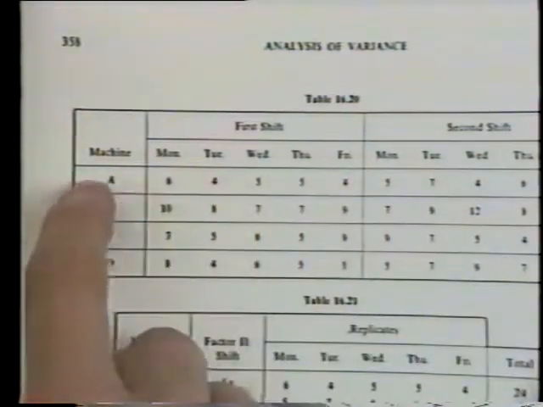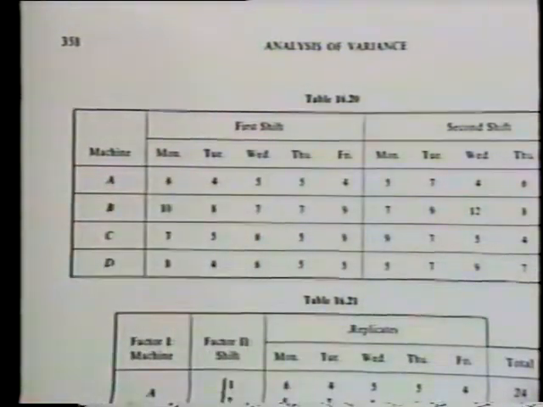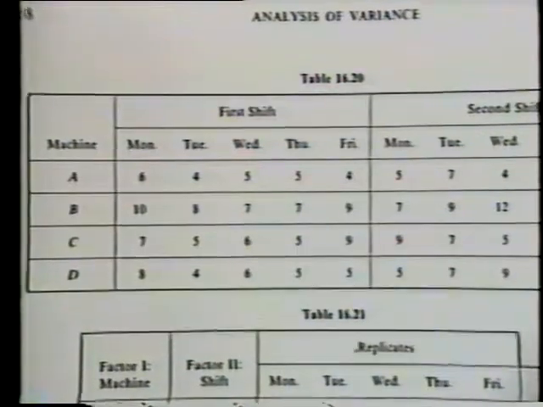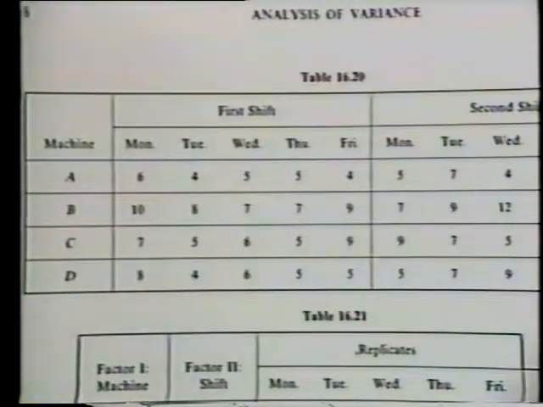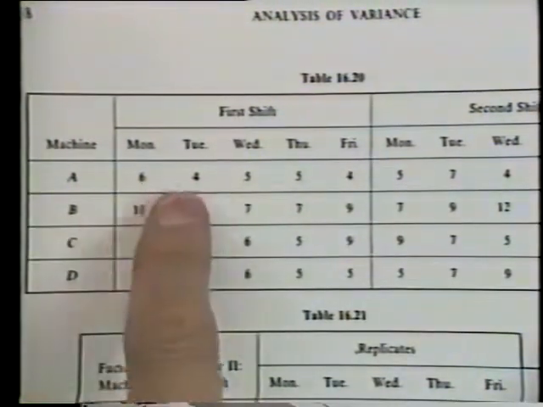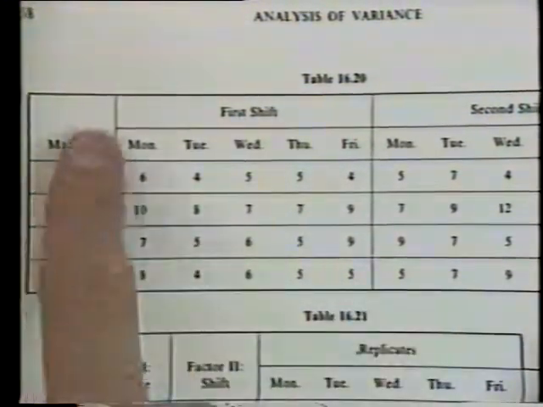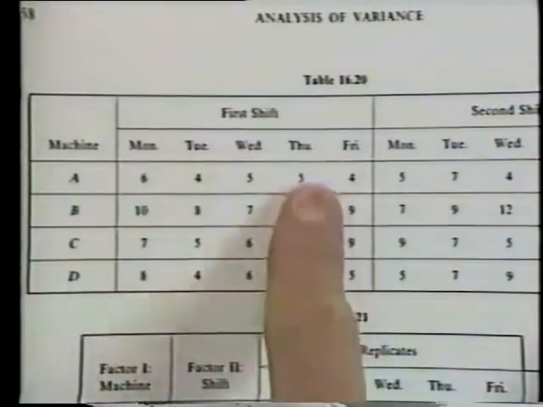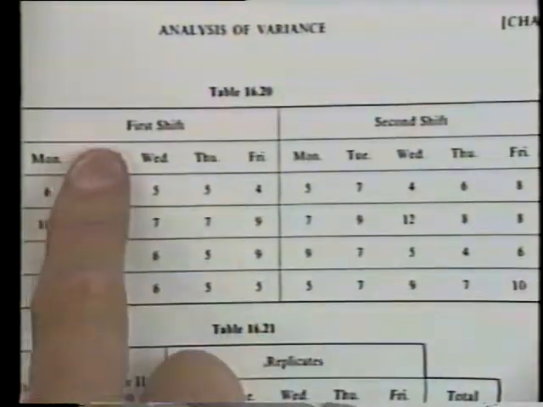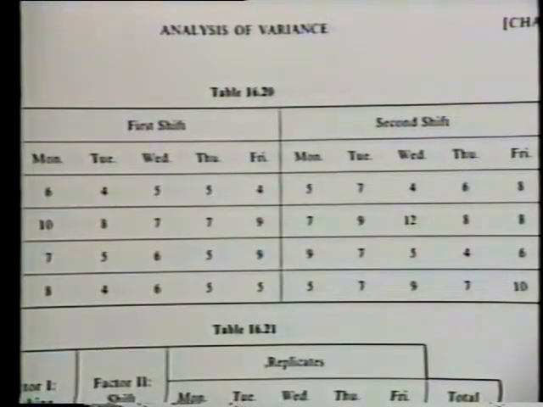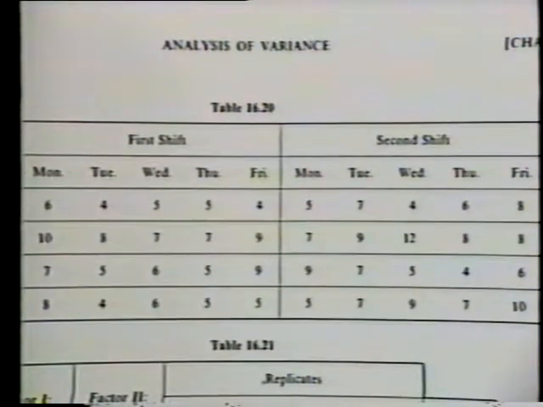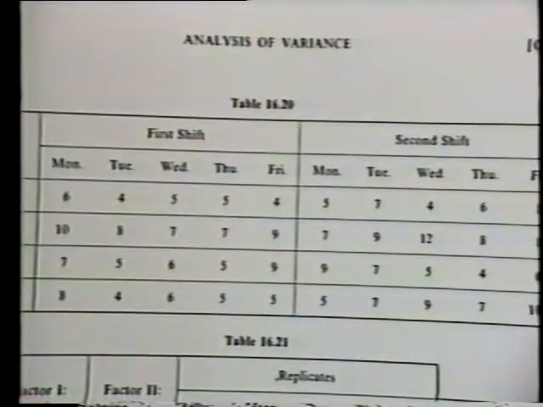We have machine A being used on Monday, Tuesday, Wednesday, Thursday, Friday. I guess the machine gets the weekend off. And machine A, B, C, and D. And we have also the second variable running this way. And in this case, we actually had 3-way ANOVA because we have the first shift and the second shift. And what I found from this, is this the right table actually for this 16? Yes. Okay.